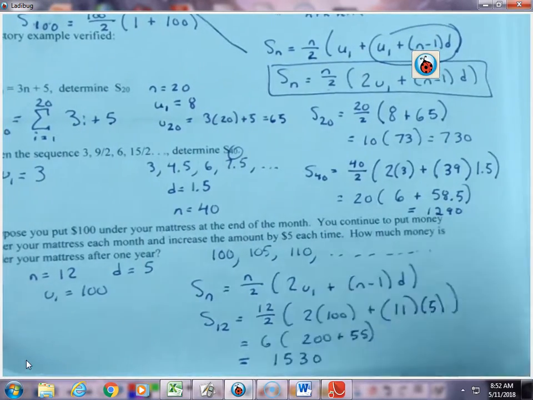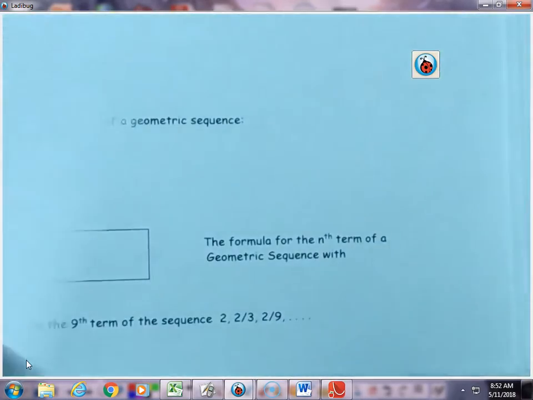1,530. And if you're not here, you're getting a worksheet, so you'll have to stop by and